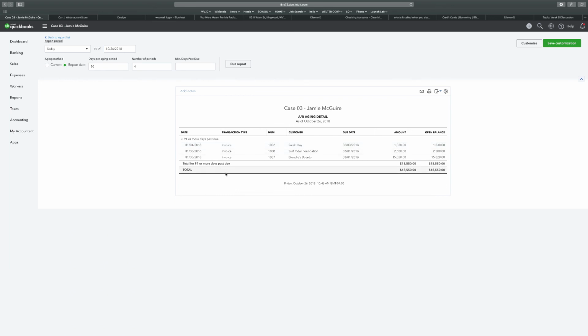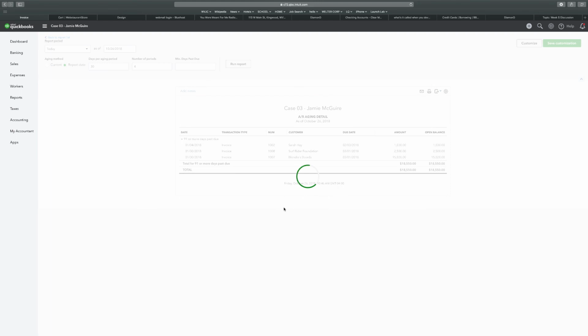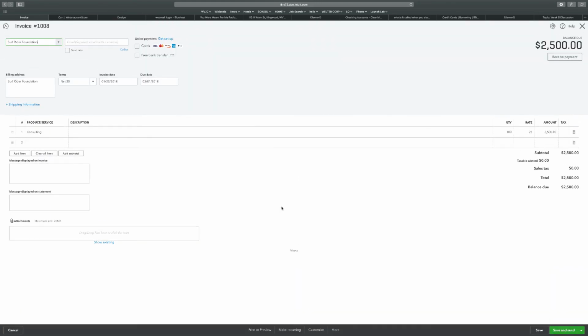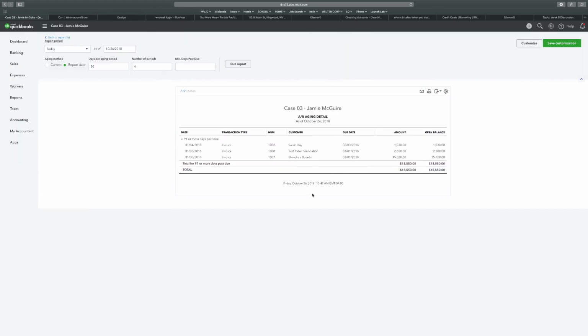So this is important, because if I need to resend these invoices, or I need to tell them, hey, you didn't pay invoice 1002, Sarah, or I need to call Surfrider and say, hey, you owe us $2,500 still. You've paid all your invoices, but this one's still missing. You just come in here and click on that, and they'll say, oh, I'm sorry, I must have skipped it, or I don't have it in our system. Can you please send it to me? You click on it, and you can send it from here. Send later, or send now, or whatever else you need to do. Or you can take a payment maybe right over the phone with them. But this aging detail is what you would go to next